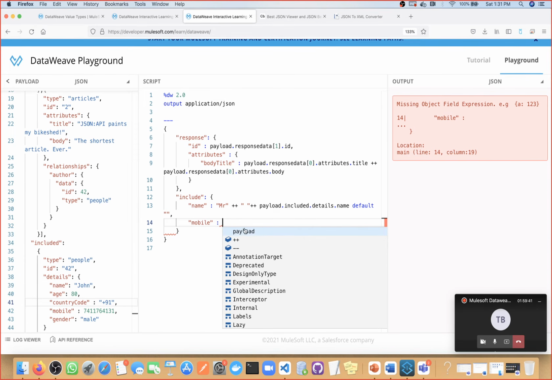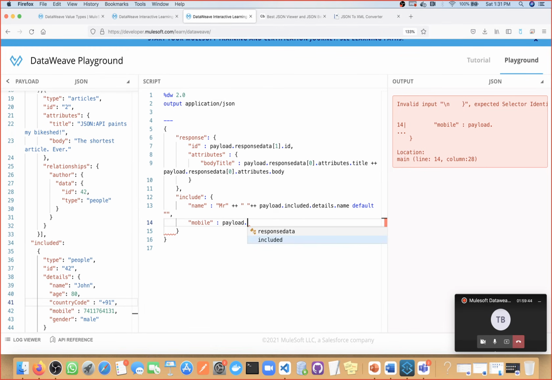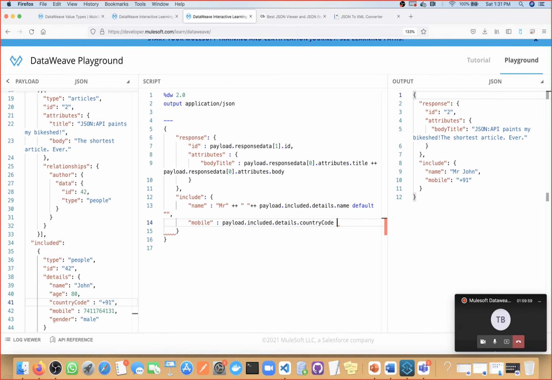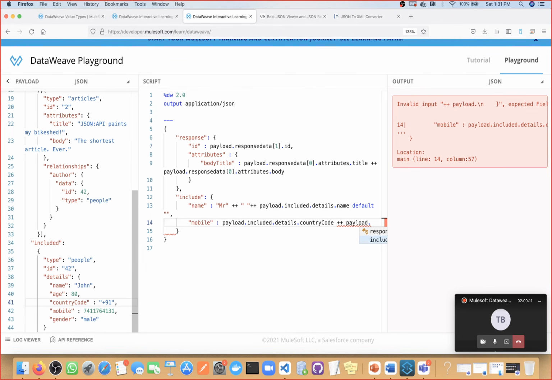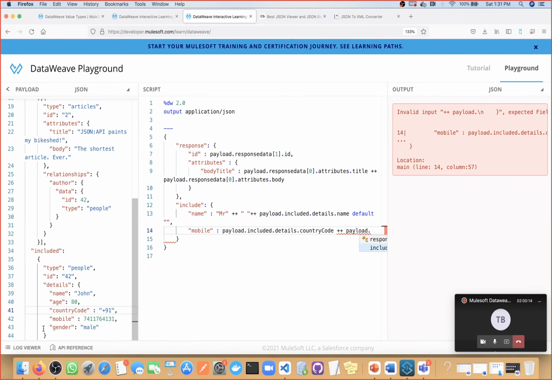So what you need to do, first take this value payload dot include dot details dot country code plus plus. Okay, so by default this plus plus operation will convert this particular value to a string. You don't need to do anything. In the worst case, if it is not able to do it, then we can do typecasting. Okay, that I will also show you. Payload dot include dot details